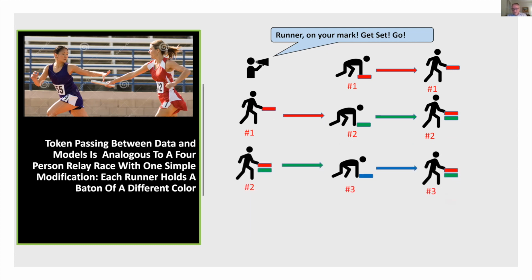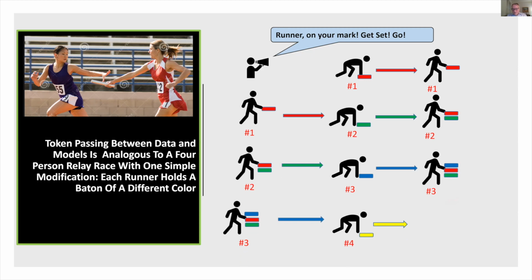Runner number two encounters runner number three, who ends up with three batons, red, green, and blue. Runner number three does the third link of the track and encounters runner number four, who has a yellow baton.